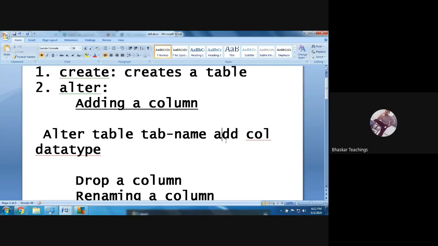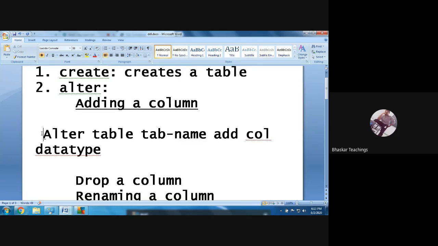You are going to use your logic during retrieval, while using the select command. There you will have to use all your logic to get the data exactly. Now, alter table, table name, add column, data type. So this is the syntax.